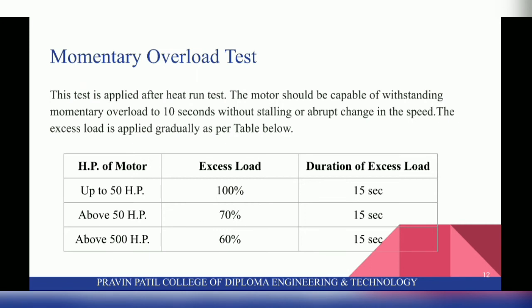The excess load you can apply is 100% and duration of excess load is 15 seconds. Next is above 50 HP, the excess load is 70% and duration of excess load is 15 seconds. Then above 500 HP, excess load is 60% and duration of excess load is 15 seconds.